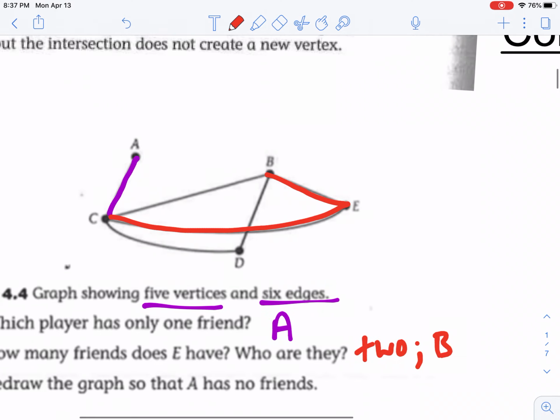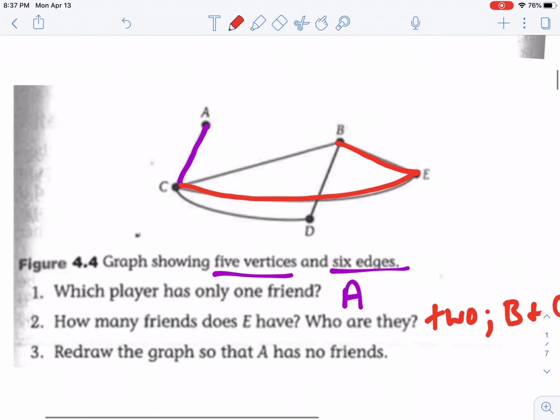B and C. Redraw the graph so that A has no friends. So what would you do to make A have no friends? You would just delete this line right here. If that line didn't exist, then A would have no friends. So like, if A was over here with no friends and no lines connected to it, okay, then A would